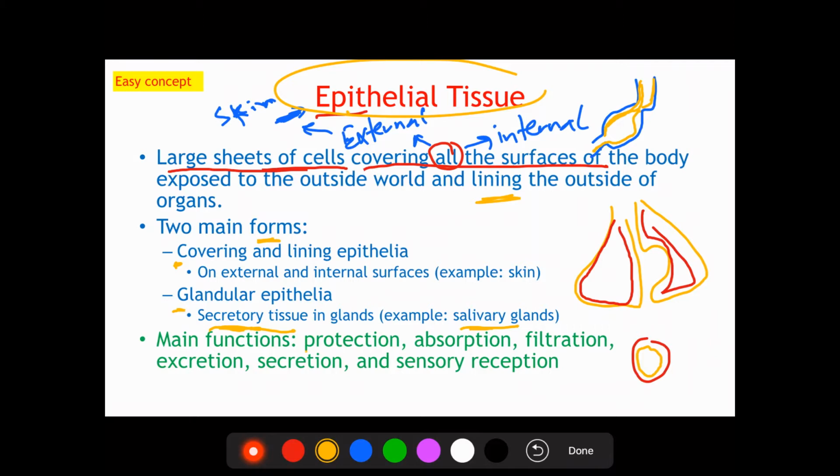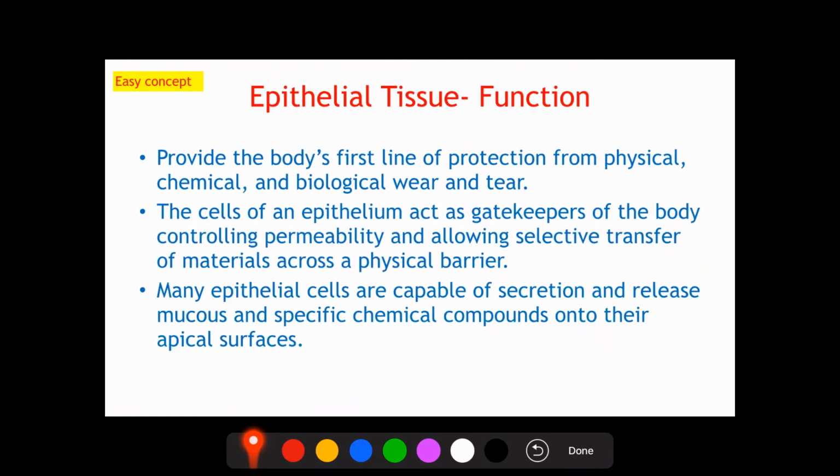As you can see here, it's for protection, absorption, filtration, excretion, secretion, and sensory reception. So it's a wide variety of functions. We will see an example and a location for each of these functions. But before that,